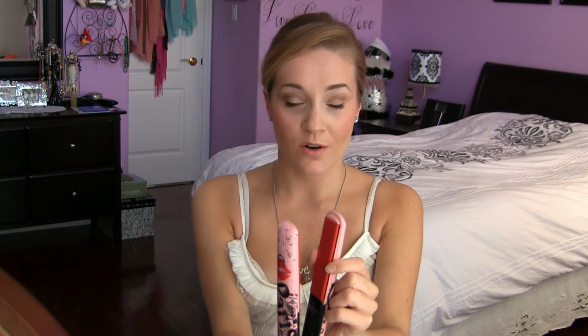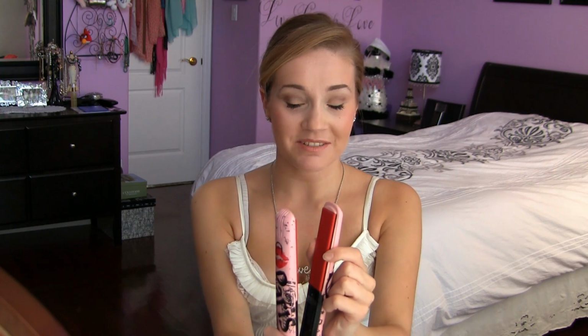The plates are 1 inch wide, which I think is a good size if you want to be using your flat iron for multiple uses other than straightening your hair, so for curling or for doing waves like we're doing today. The plates are made completely of ceramic infused with tourmaline, which is really great compared to the ones that